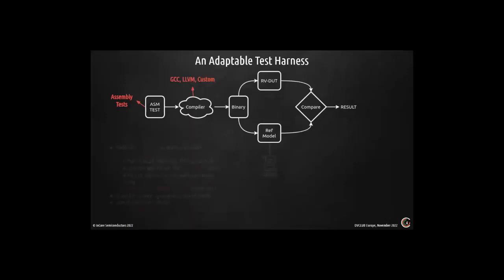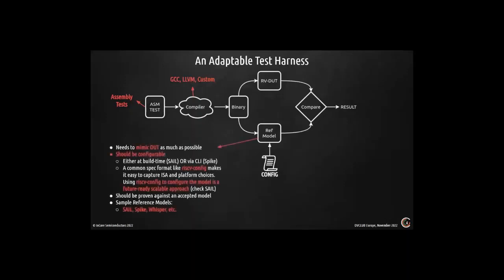Well, this all looks very simple. There are a few caveats that come into the picture, right? The reference model, for example, SAIL or Spike or Imperas Simulator or Whisper, anything that you pick up, the main goal is to mimic the DUT as close as possible. Now remember, the DUT itself is configurable or can be any one of the commercially available cores out there, and you cannot have an equal number of reference models. You would rather like to have a more configurable model, right? And this configurability can either be inherited at build time, for example, how SAIL does it, or it could be via a command line interface like Spike. What is more,